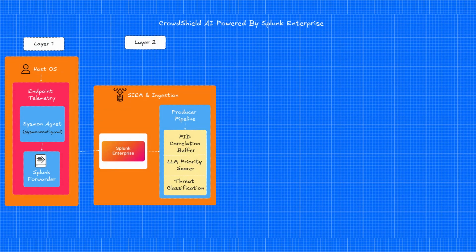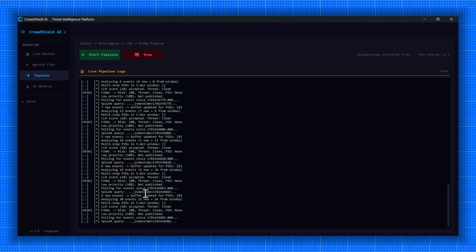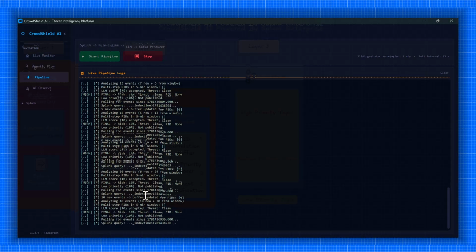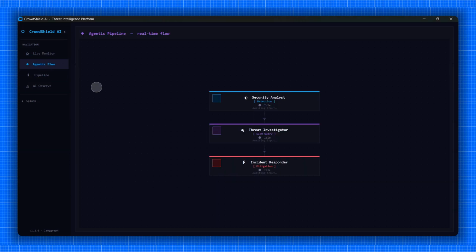In layer 2, the AI pipeline pulls events from Splunk Enterprise, correlates them, assigns a high, medium, or low risk score, and sends them to the right Kafka topic. Once an event reaches Kafka, our AI agents consume it, analyze it in seconds, and send an alert if a